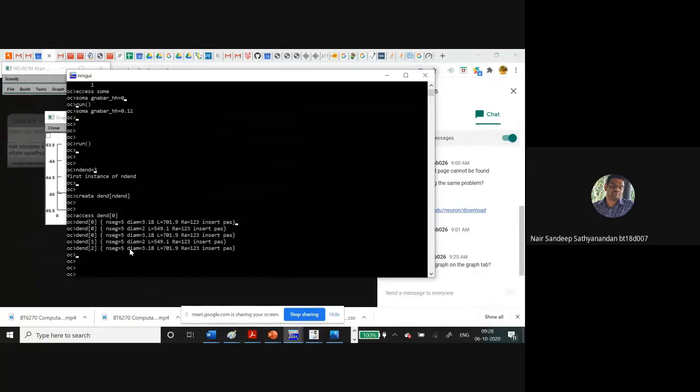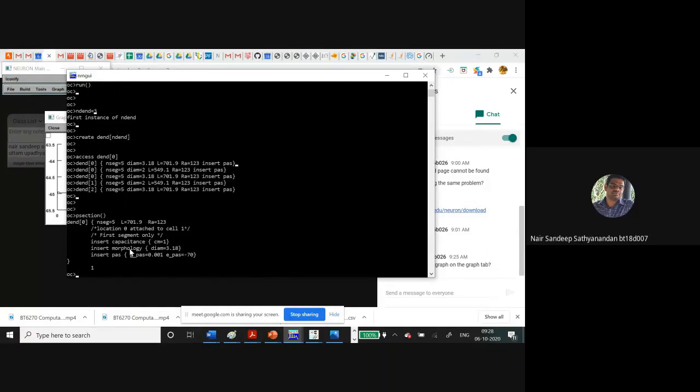So right now we are in dendrite 0. That is, we can see the properties that are set for dendrite 0. Now the dendrites are created, the soma is created. What is required right now? Add.